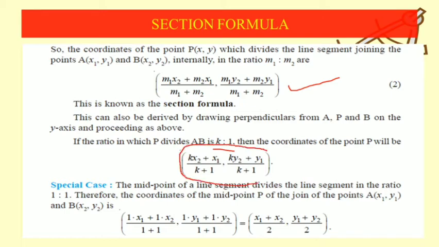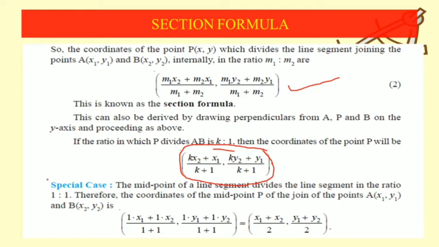This is a very important point, because when we have to find the ratio in a question, sometimes we have to find this ratio m1 upon m2. So instead of taking m1 upon m2, we take the ratio to be k is to 1 because this makes our calculation easier. So our formula will change: x coordinate will be k. You can compare. In place of m1 we have put k, in place of m2 we have put 1. So our formula will be kx2 plus x1 upon k plus 1, ky2 plus y1 upon k plus 1. In this question x1, x2 will be given to us, so we have to find this variable k.